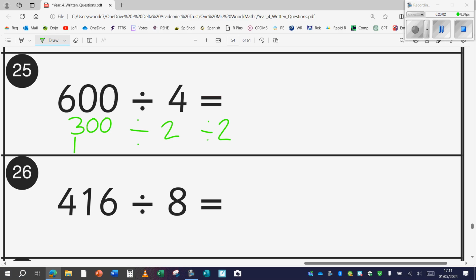And then half of that again is 150. So it's a nice quick way, there's a little shortcut to do that one. But what most children would have done is set it up as a bus stop or a short division. So